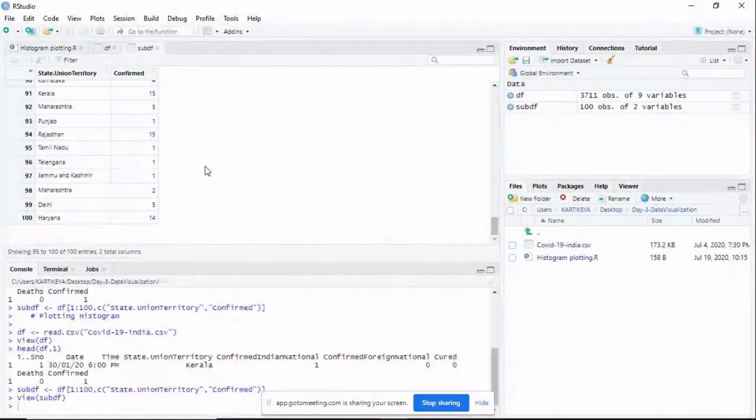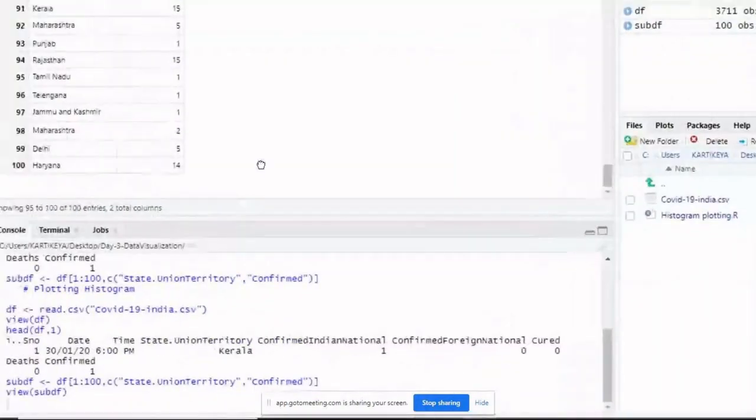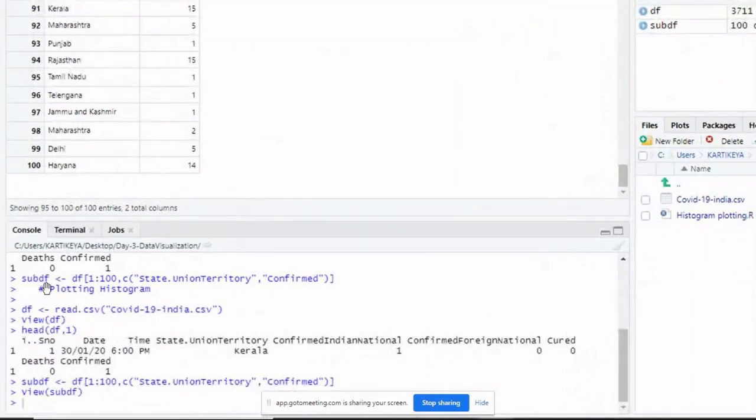Now, if I want to create a sub data set, that can be created using subset, or we can create it with a simple technique. Let me zoom in. So here, a sub data frame can be created as df[1:100, c(...)]. Df is the original data frame which I have taken.